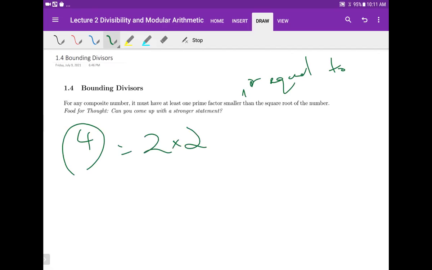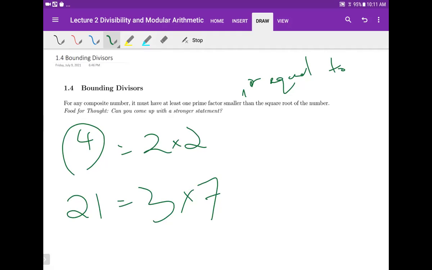But for the numbers, for example, 21, we'll use 21 again. The greatest prime factor is 7 and, sorry, the least prime factor is 3, and that's clearly less than the square root of 21. So the reason for this is because